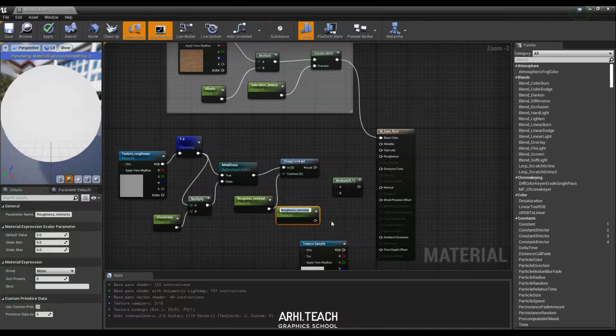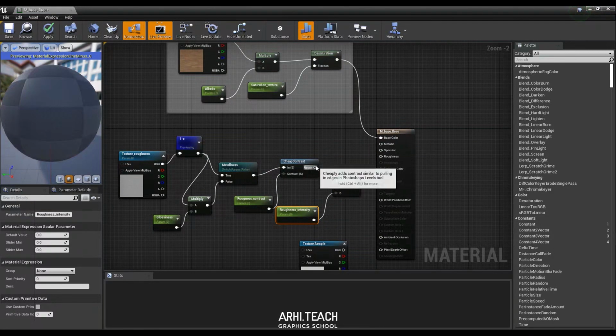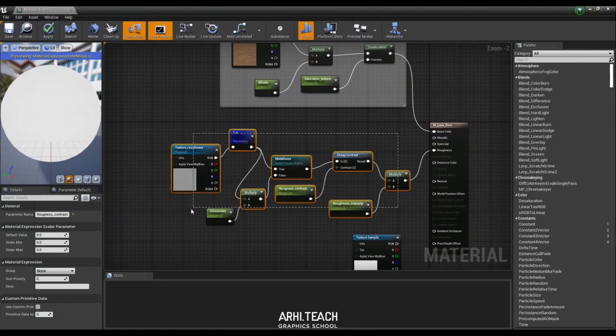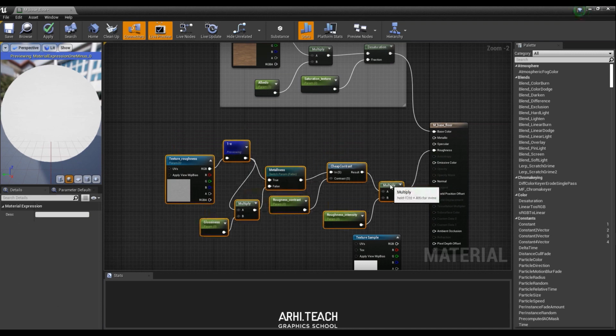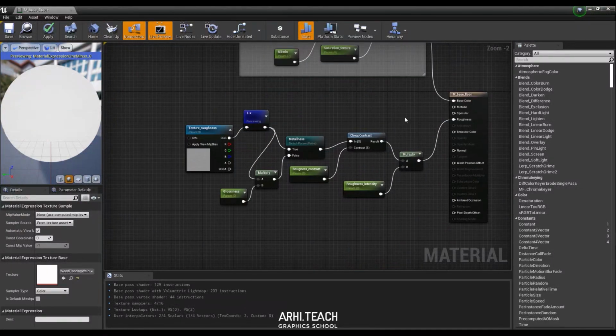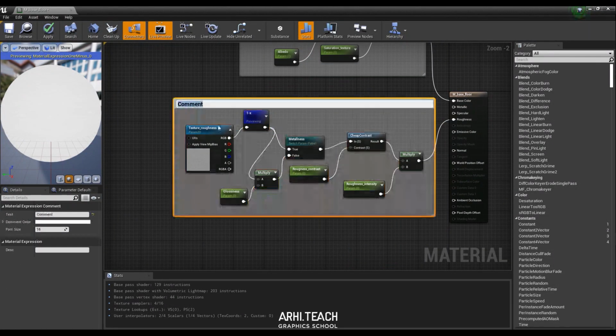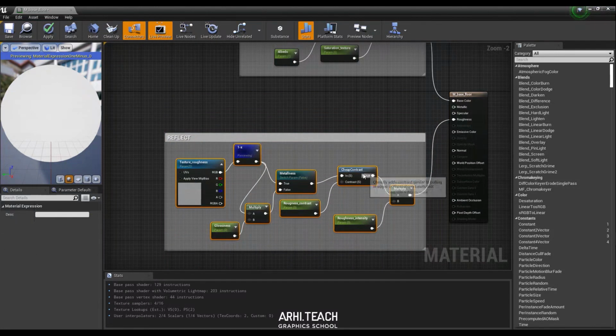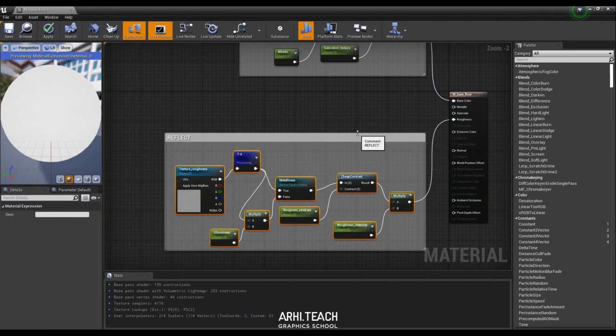Next we connect the parameter to B, then we connect our chain to A, and after that we connect our entire structure to roughness. So now let's move this whole structure like this. Here we press C, reflect. Done. I'm just trying to make the structure a little better, so that you can understand what is where.